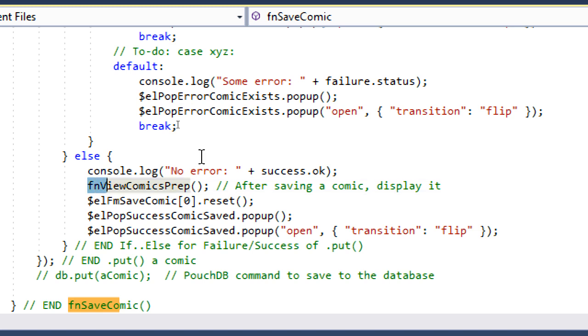So this is the function that starts the process to get the data from the database, which then passes it on to the function to write the table. We see it on screen. Okay, that's one place. When we save a brand new comic,